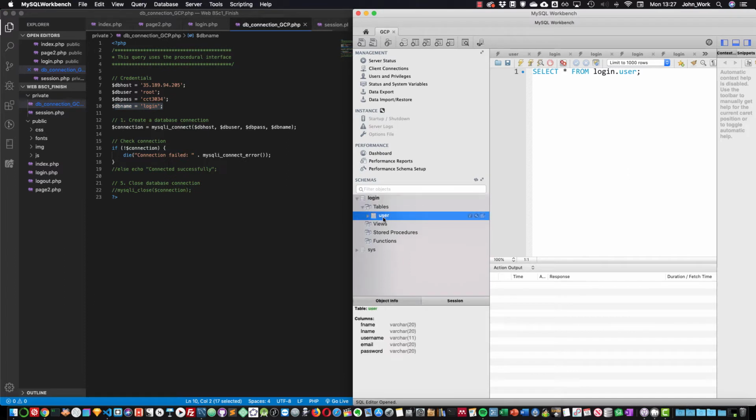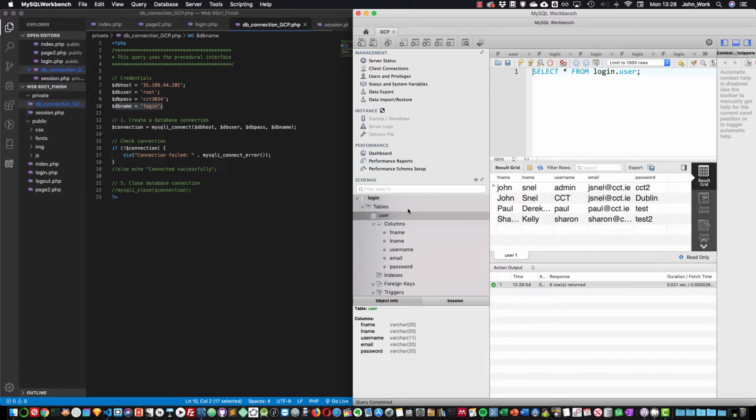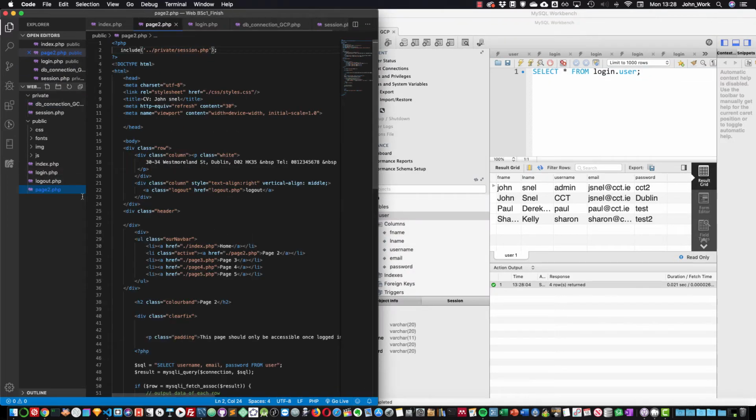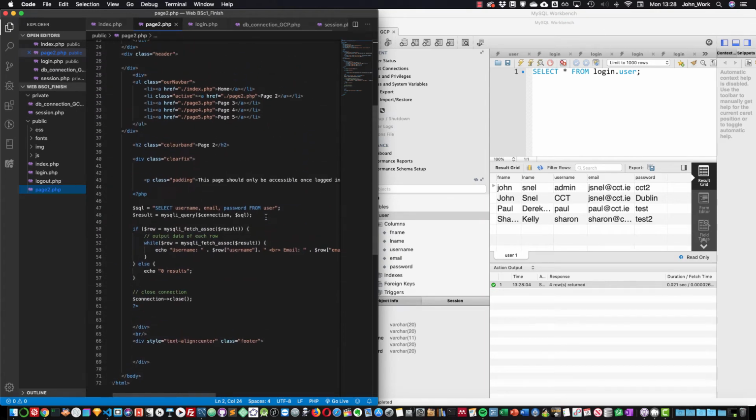I then have a table called users, and in that I have 5 columns, and we're displaying 3 of those columns. So I'm going to do a query on this user table. I click this button over here, and it shows me all the records inside of it. So in our page 2, we can see here that